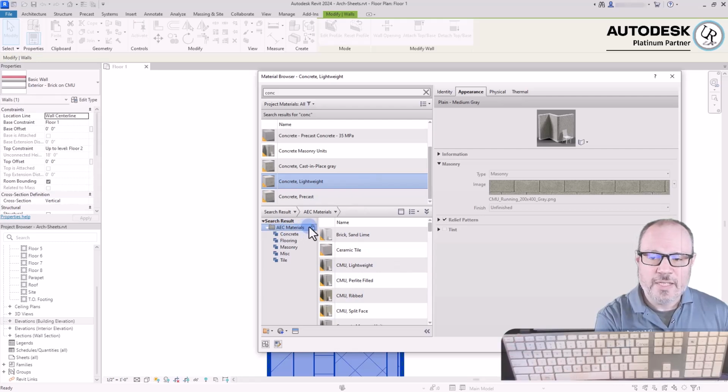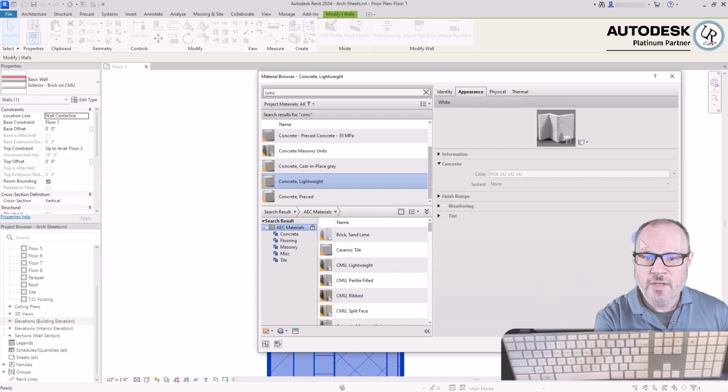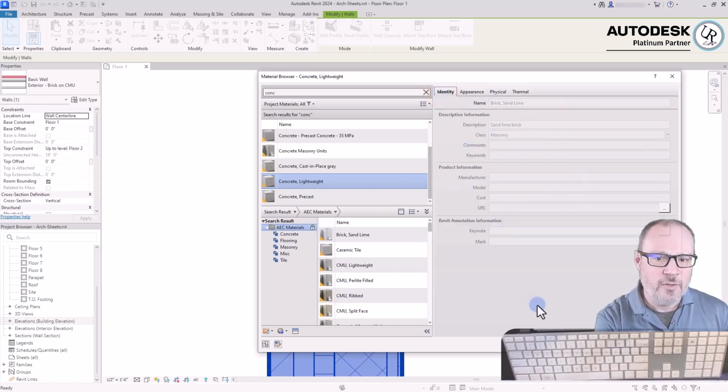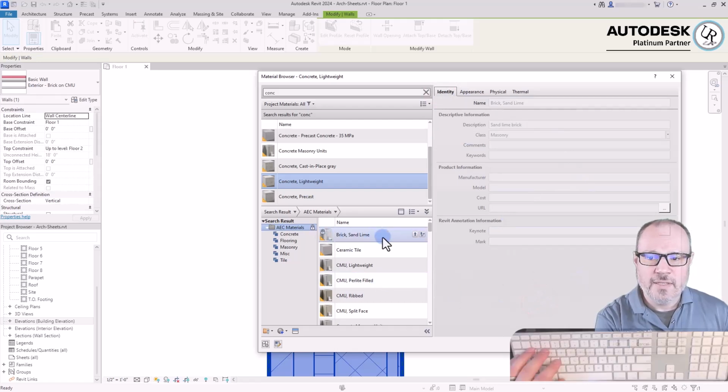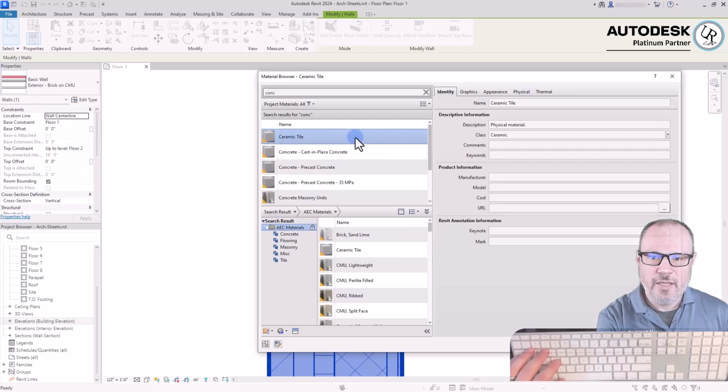This list of AEC materials is locked in place, meaning that when you select these materials, the properties for those materials are grayed out and cannot be modified or adjusted. That means that this list of materials are intact and are always pristine to be able to load into future projects, and you know that they have not been modified. For instance, if I wanted to load this ceramic tile material, I have to go to that material and choose this up arrow that says Add Material to Document, and then it loads that material to the list above,